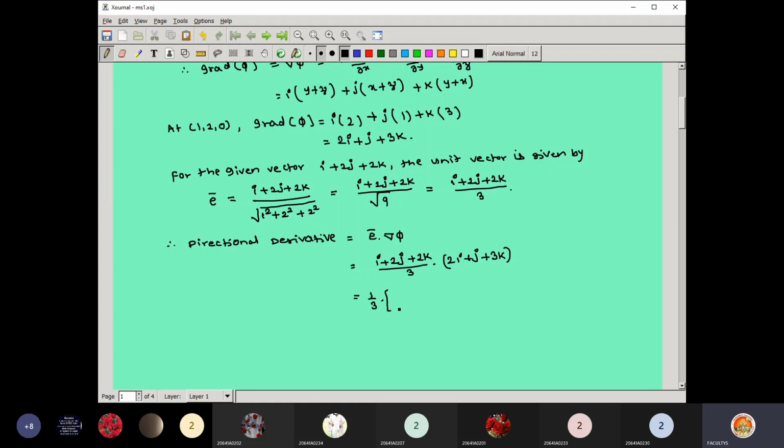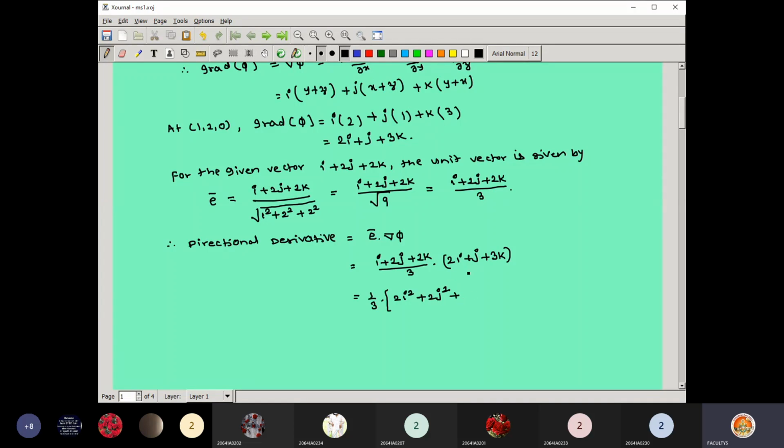In the last class I explained that i should be multiplied by i only, because if i is multiplied by j, i dot j is nothing but the dot product, which is 0. So you are only making the dot product of the corresponding same values. So i to i, you are getting 2i square, and the remaining combinations are 0, plus j to j, so you are getting 2j square.